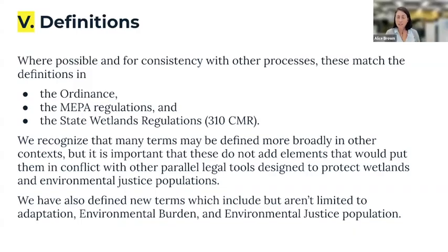So where there's a definition in the Boston Wetlands Ordinance, it is included here. Where something is in the Massachusetts Environmental Protection Act office regulations, or MEPA, we've tried to be consistent with that, as well as the state wetland regulations that we're building off of. Those are in the 310 CMR. That's what the numbering system is for those regulations. Like I said, many of these things are more broad in your personal use or might be more narrow in your personal use, but we're trying to match these definitions to other places where you'll find them in legal regulations that you might overlap with in this process. Next slide, please.